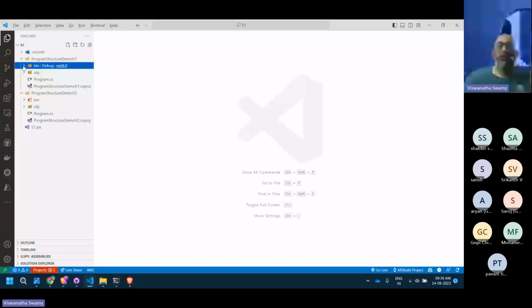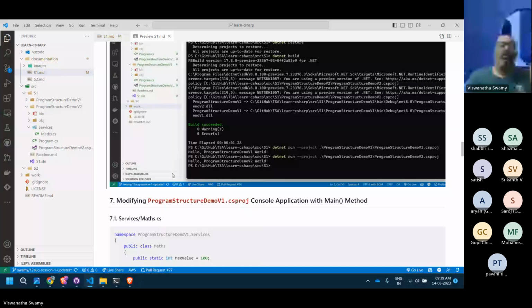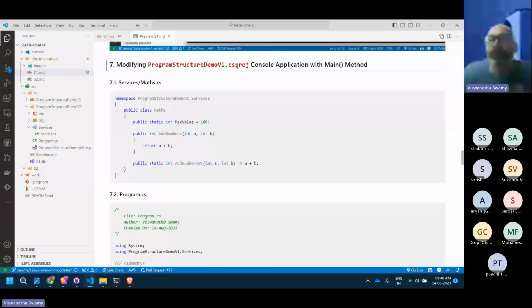Now let's modify the program demo 1 structure, and I'll explain it to you. Whatever we are doing today, we will not discuss in more detail. We will do things without knowing what they are, and then we'll come back in the next session and add a few more foundational blocks to our arsenal. After having these 2, in the 3rd session we'll start learning what is C#. This is just foundational blocks.